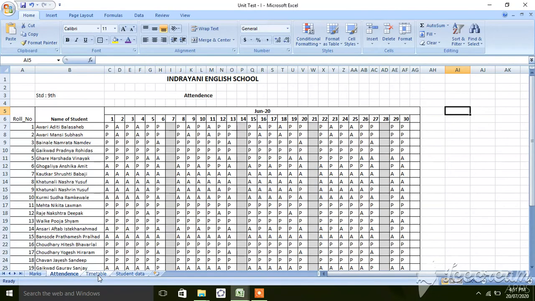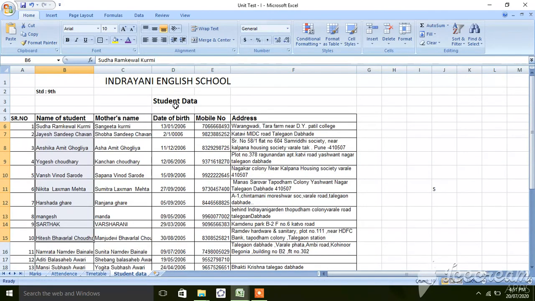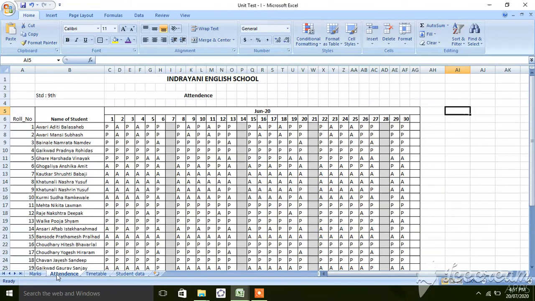You can even use Excel to make the timetable, daily timetable, or you can save the student data like date of birth, mobile number, address in Excel. So in this way Excel is used for many purposes. In Excel we can make tables, we can do the calculations, and we can store all the data in tabular format.